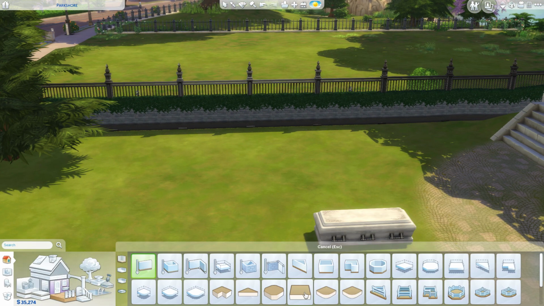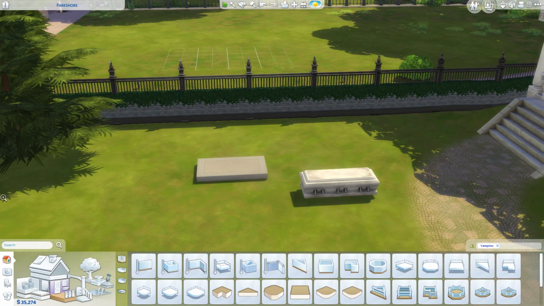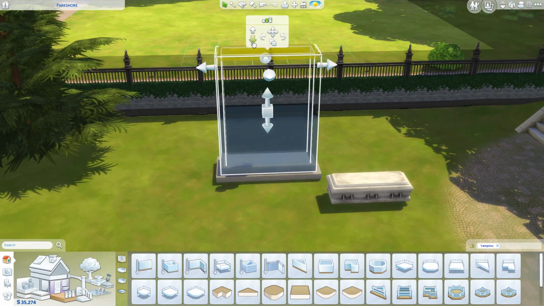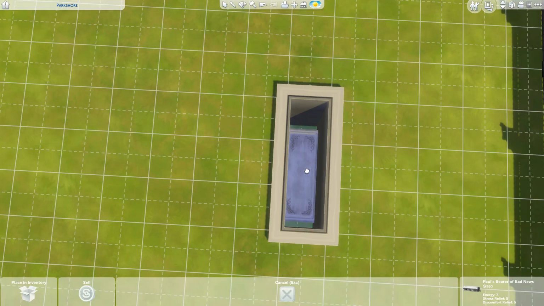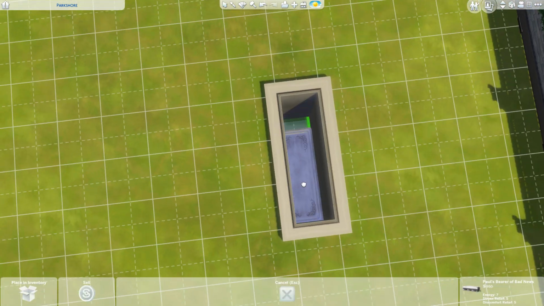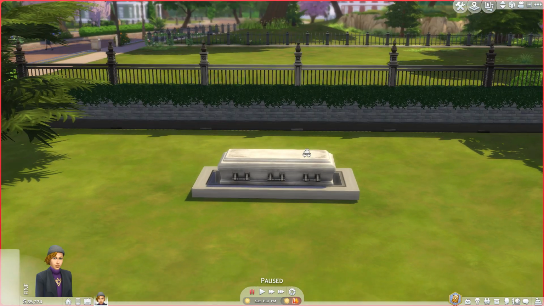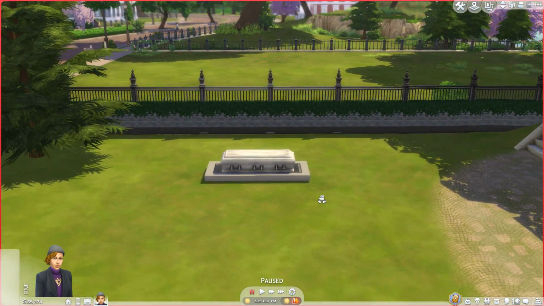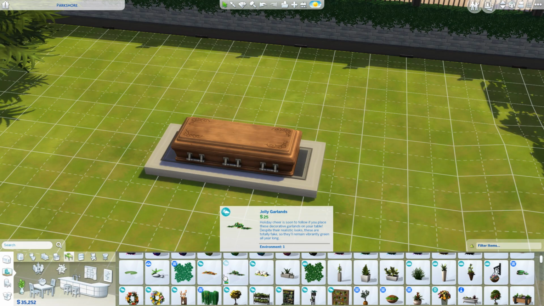For the casket, I wanted to have the opening in the ground where the casket gets lowered into. I honestly don't know the technical term for that, but when you're at a funeral and you're at the graveyard and they're going to lower the casket into the ground, I wanted it to look like that. So I used a foundation piece, and then with the platform I lowered the platform down to put it down